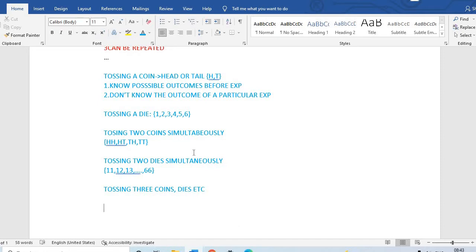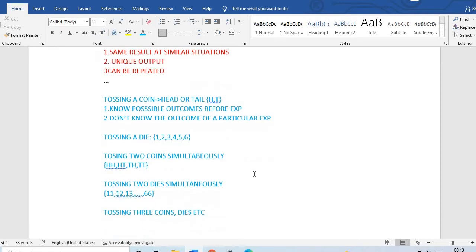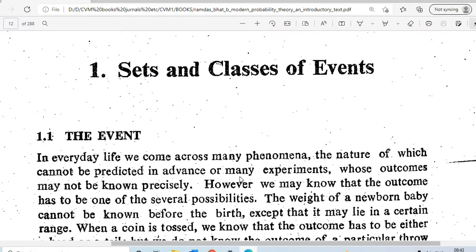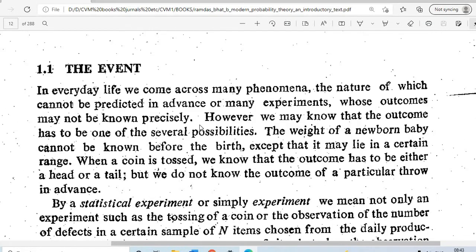The speciality of these random experiments is nothing but that the possible outcomes are known in advance, but the outcome of a particular trial is not known before the experiment. Okay. So you can read this